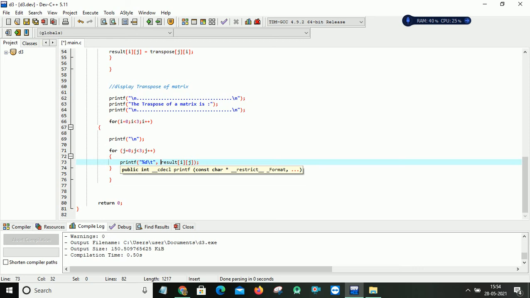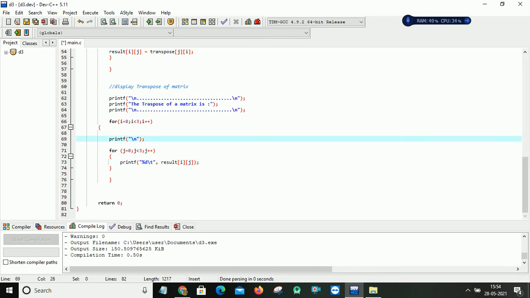First it will take the 0 0 position and print that value, and after that the 0 1 position. Why? Because j is incremented by 1 here, and after that j becomes 2, so it will read the 0 0, 0 1 and 0 2 positions, and after that it takes your cursor to the next line.